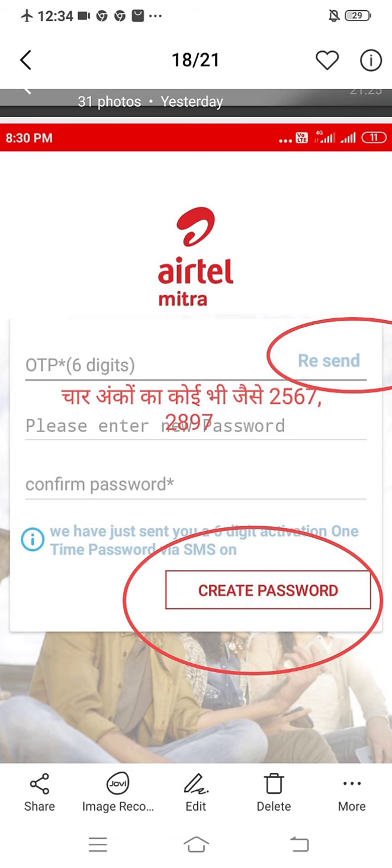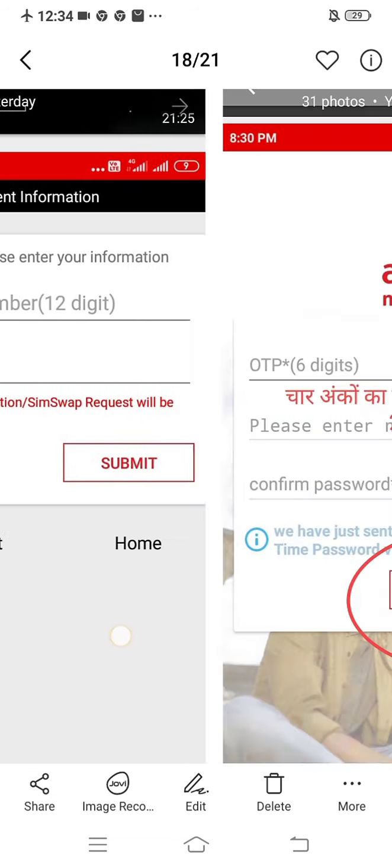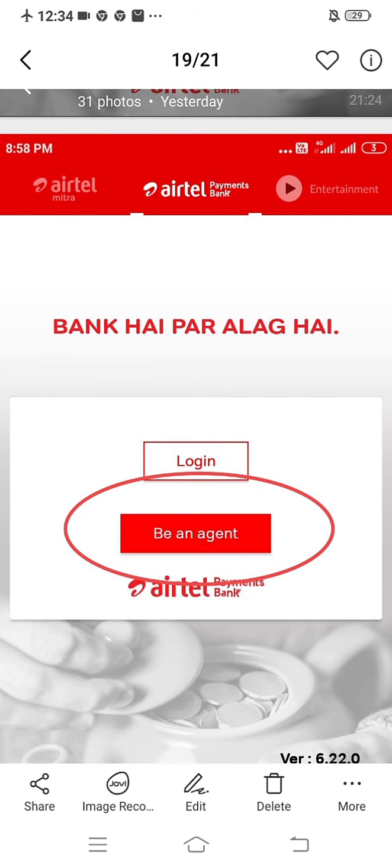Once you create the password, the next screen appears like this. On the top you can see a red ribbon.